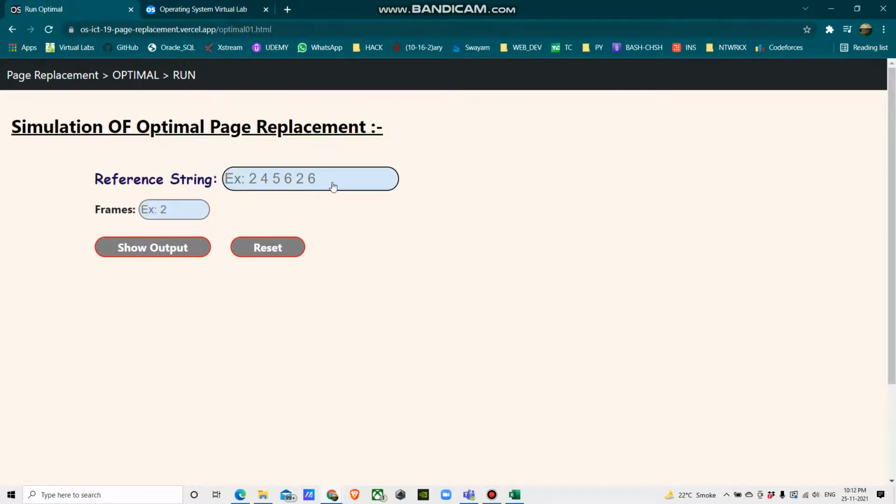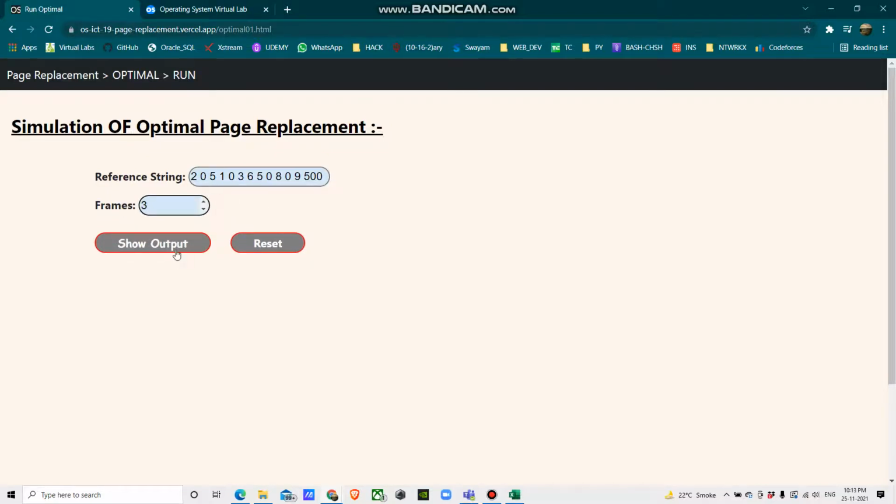Inputting the same string. Here we have to keep in mind that the space between each and every digit should be there. Otherwise, it will take non-spaced digits as a whole. Okay, let's suppose this is 500, not giving the space between, and frames, and show output.